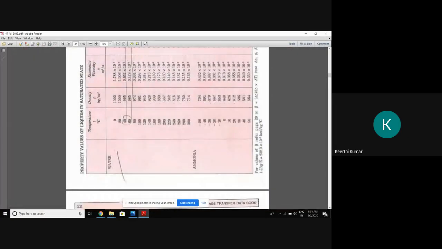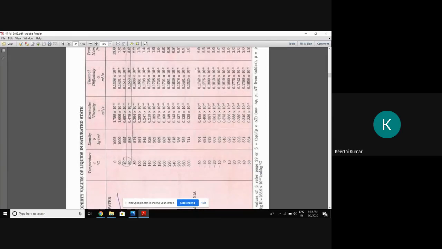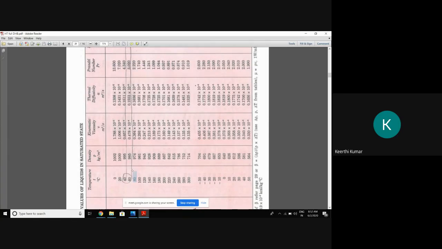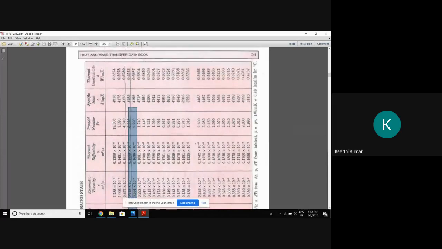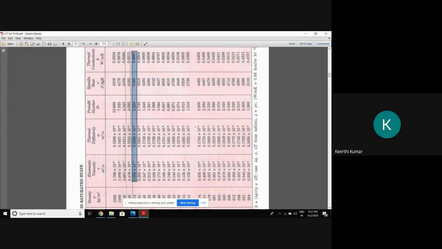Yeah, see here. Properties of liquids in saturated state, T water. At 60 temperature is there, 80 is there, but we want at 75. That 75 is not there here. So you have to interpolate between 60 and 70 and get exactly all the properties at 75 degrees. Or what I had done in the notes, I had just assumed 75 to the nearest value, 80 degrees, and I had taken all these properties. Properties at 80 degrees centigrade. See, these are all the things I have taken, all at 80 degrees centigrade only. Density, kinematic viscosity, thermal diffusivity, Prandtl number, specific heat, K.